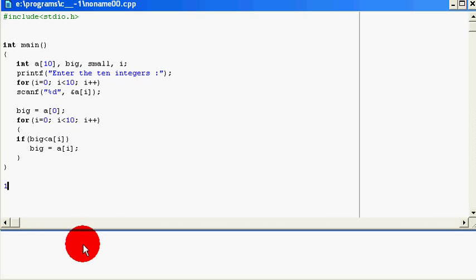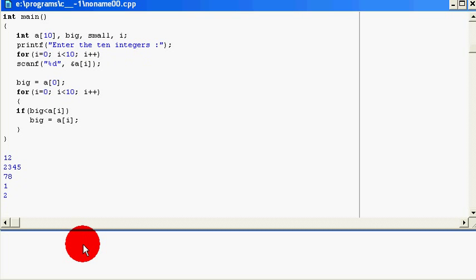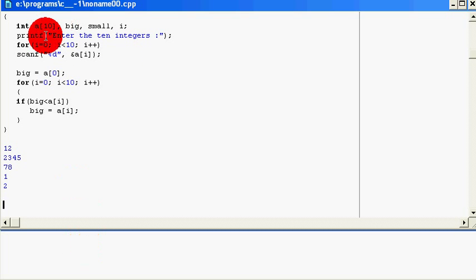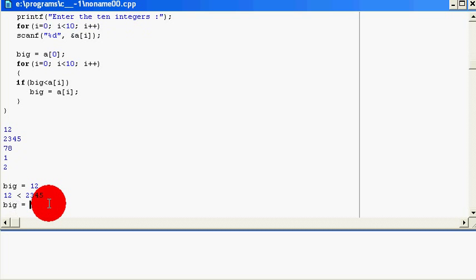Suppose the user gives me values like this. So these are the values given by the user. Over here I am assigning the first value, that's 12, to my big variable. So I will say my big is equal to 12. After that I'm checking if 12 is less than 2345. Over here I'm checking this condition, and as you can see this condition is true, so this code will be executed. Now my big value will be equal to